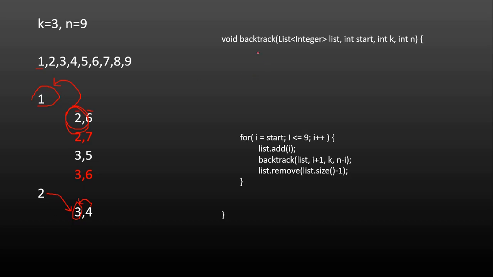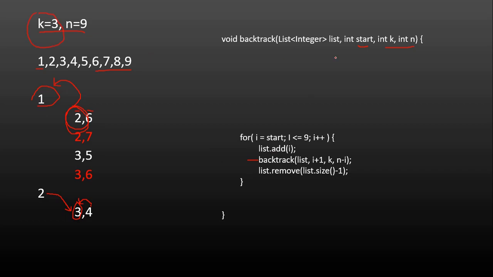So here we have a backtrack method, and I'll come to the arguments that I'm passing. K and N are nothing but the input arguments that I'm getting here, and start is the start value from which I have to start. So initially I'll start with 1, and I'll call this backtrack method in a recurring fashion in this for loop, right? So in the for loop, I'm just going from the start value up to 9, right? Because in our case we only have to go through the digits up to 9, right?